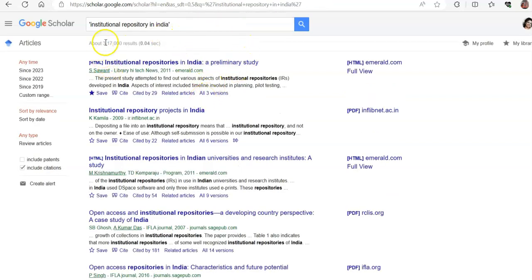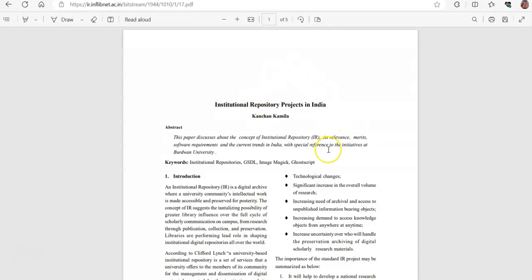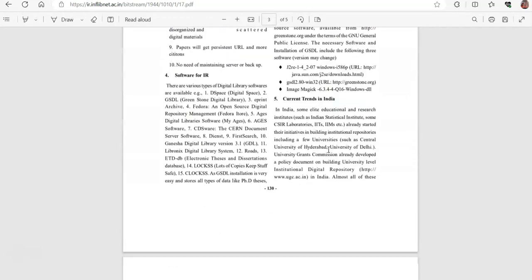Okay, so in the display you are able to see the scholarly articles. When you read these scholarly articles, on the right side you will be able to see the resources which are freely available, the same resource which can be available freely on that particular website. So for example, this particular article is available on this particular website. If you go and click here, you will be able to read the entire article.